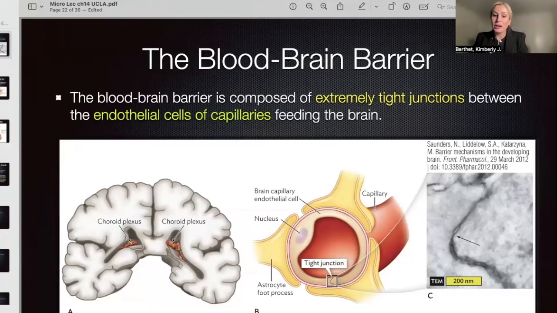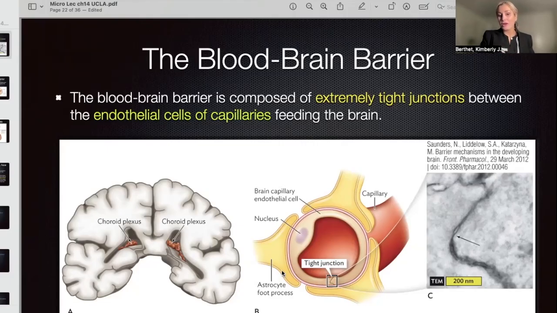When we look at spinal fluid with the blood-brain barrier, we know that these kinds of fluids in our body should essentially be sterile. There shouldn't be microorganisms within our blood. There shouldn't be microorganisms within our spinal fluid. And specifically, we don't want microorganisms going up to our brain. And this is where the blood-brain barrier is.